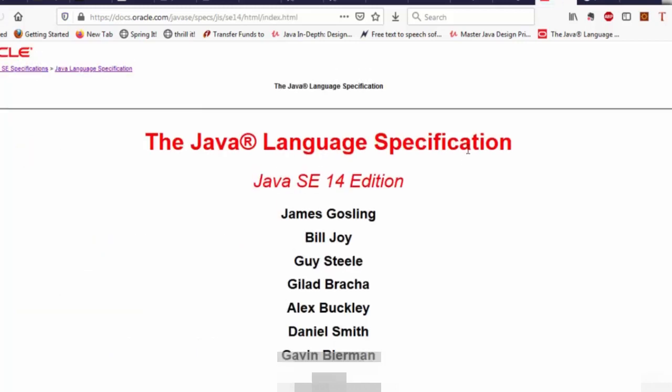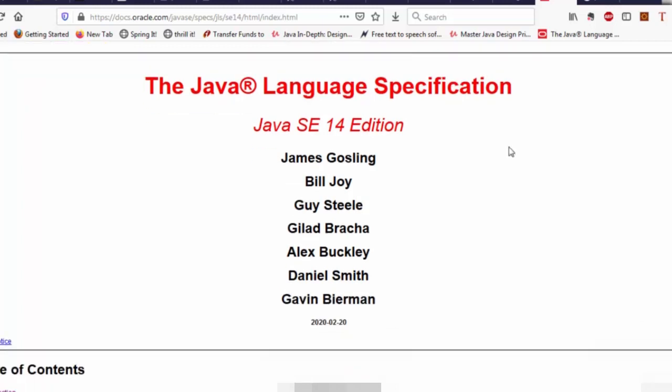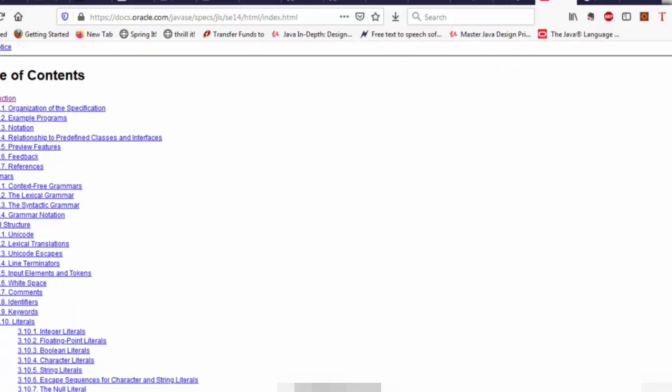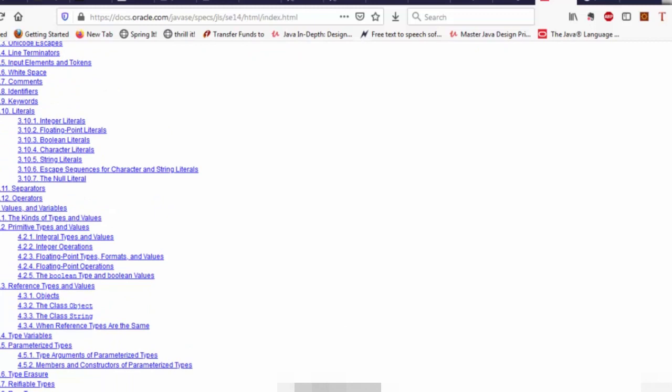And as I told you, the Java language specification defines the Java programming language itself. Okay, so it defines the syntax and the semantics, like the rules of the programming language. And as I said earlier, it is authored by the language designers like James Gosling here and other designers here. So here you can view the table of contents, okay? But like I said earlier, it's not very easily comprehensible. For a beginner, definitely it is not easy to understand because it uses a certain formal way in which they explain things, okay? And it is not very digestible. So you do need a book or an online resource such as this to understand the language.